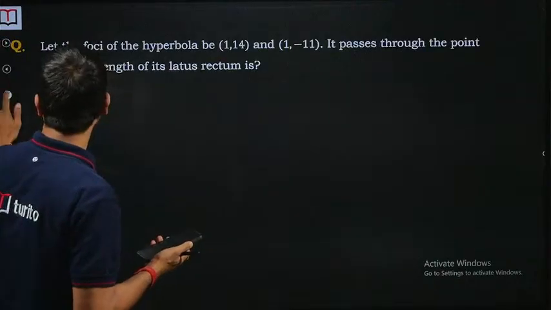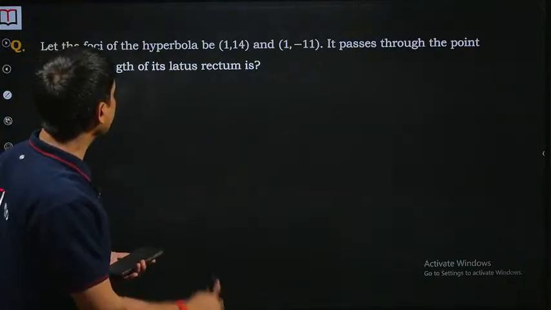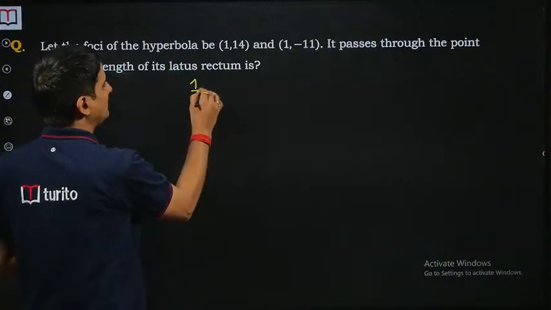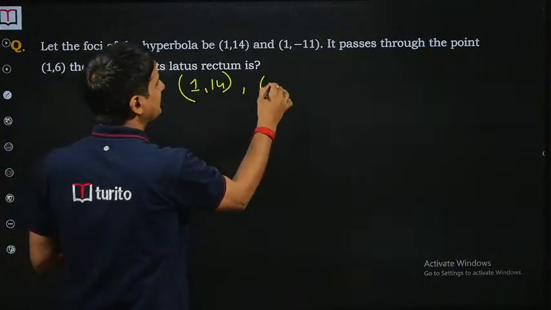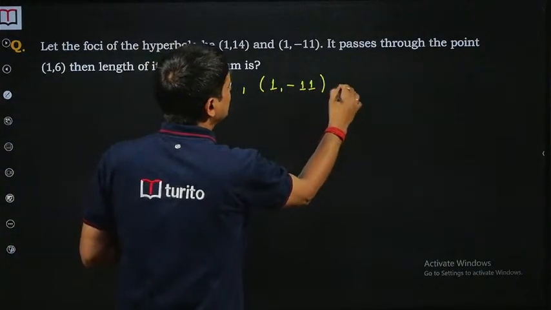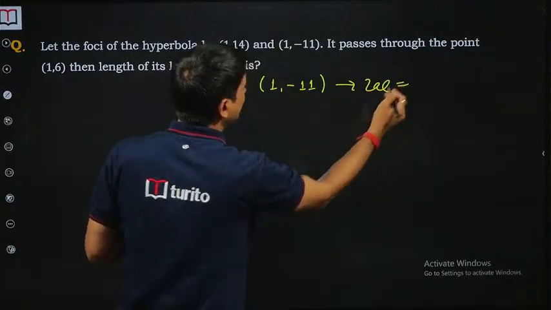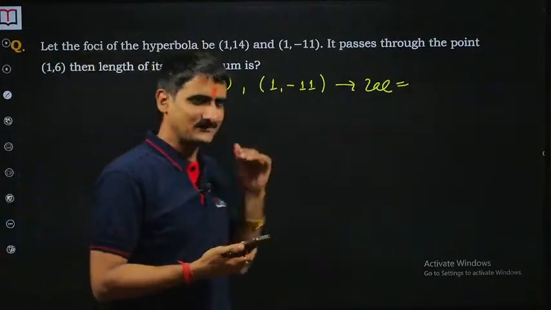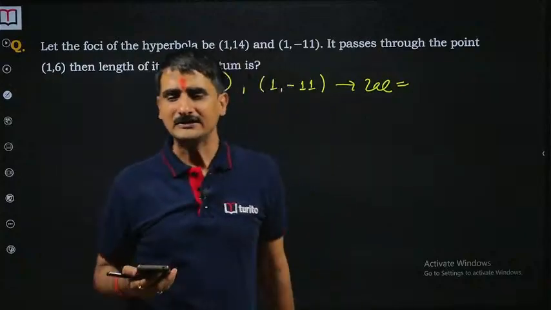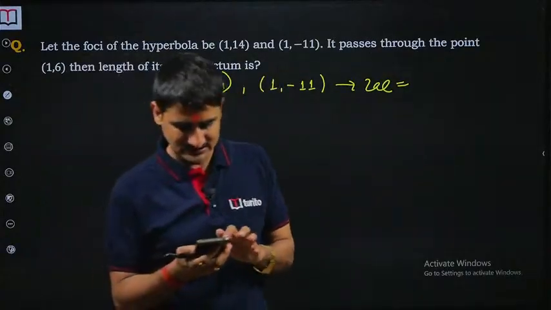So next is this one. Let the foci of the hyperbola be 1 comma 14 and 1 comma minus 11. The distance between foci is 2AE. Now you see I'm using the distance relation, so it is independent of whether it is